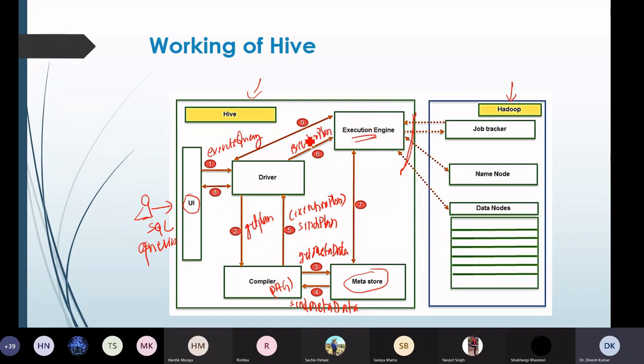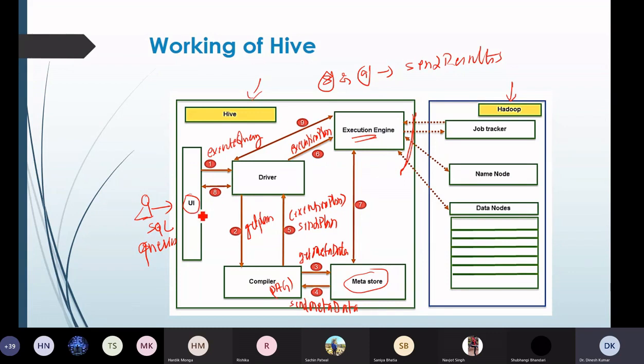Then the 8th and 9th are the send results steps, right? So whatever query is submitted by the user, the results are generated by the execution engine and respond back to the user interface, or the user, right?